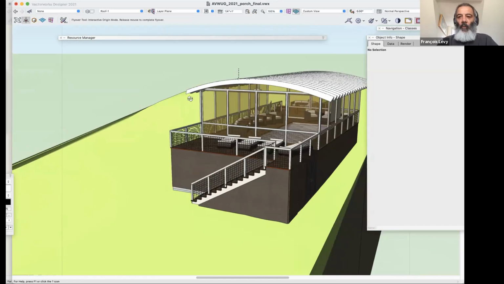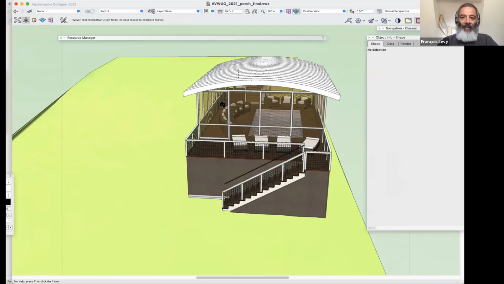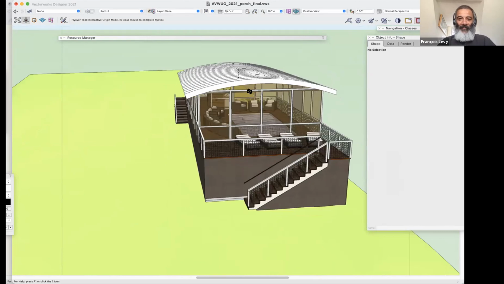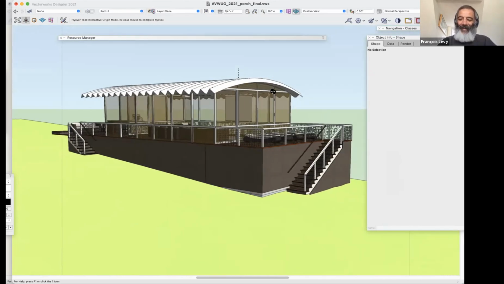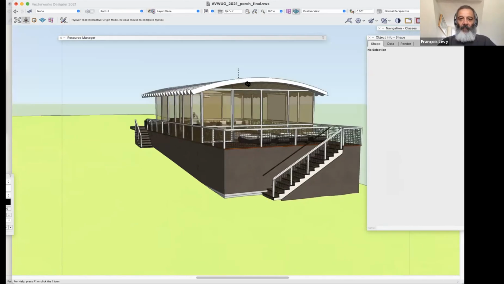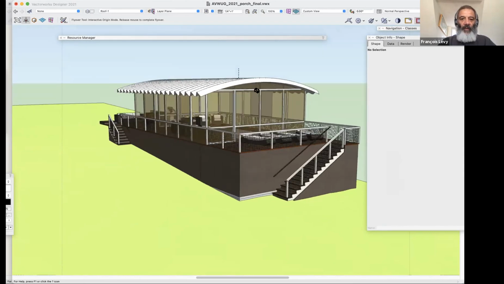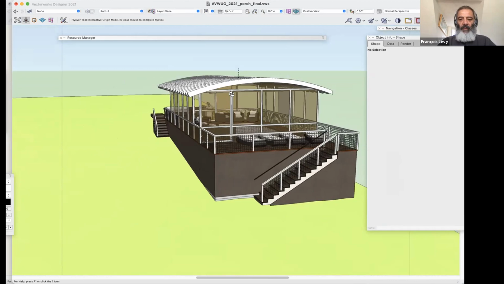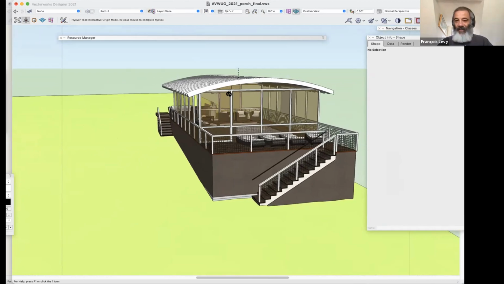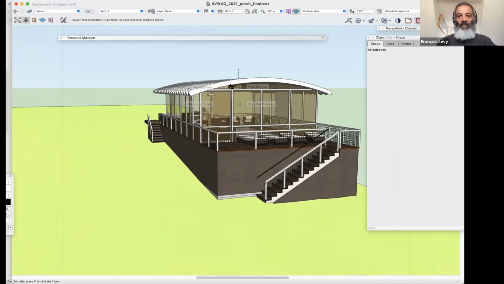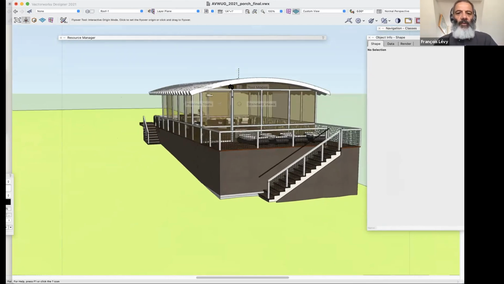So this is a screen porch around a swimming pool, which I have to say I've never done one of those before. I'm probably not going to get into this swimming pool today, but there are some things about this particular screen porch that I thought were interesting. Not necessarily architecturally interesting, but a nice use of some Vectorworks tools. So this is kind of the inspiration for today's